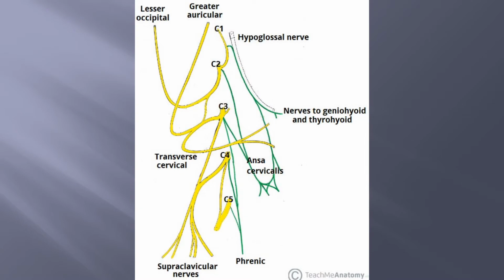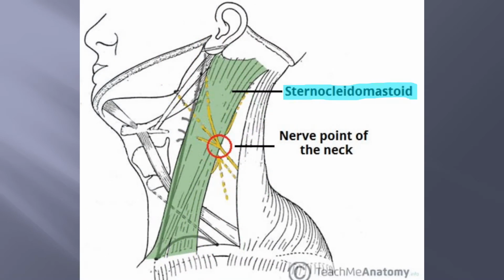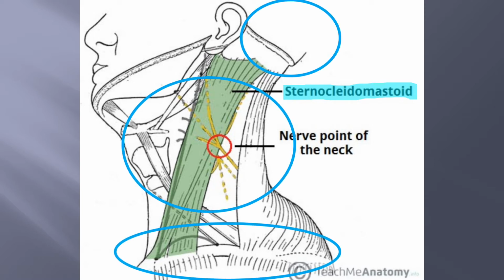The cervical plexus is made up of superficial and deep branches. The SCM is a landmark for differentiating superficial sensory branches and deep motor branches. Superficial branches of the plexus provide sensory innervation to the skin of the scalp, neck, and upper thorax. These branches emerge around the middle of the posterior border of the SCM, also known as the nerve point of